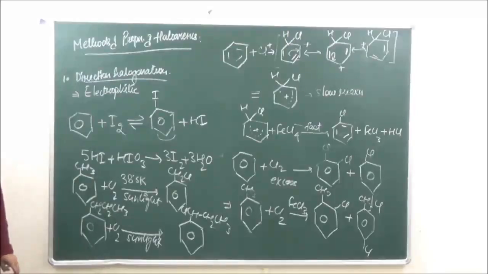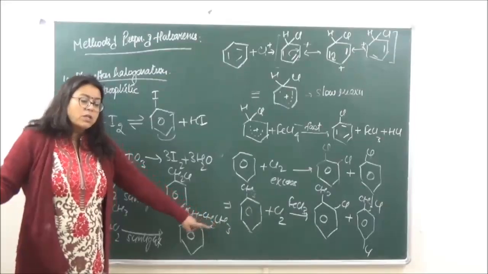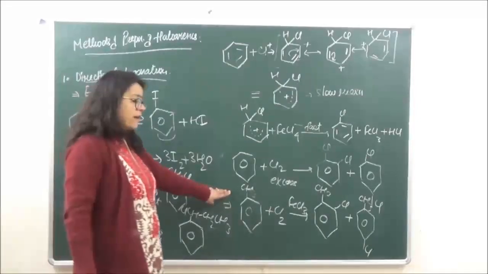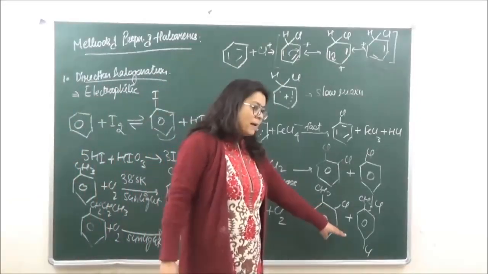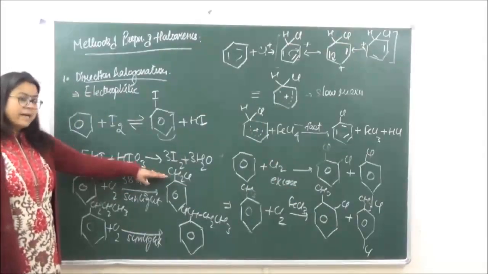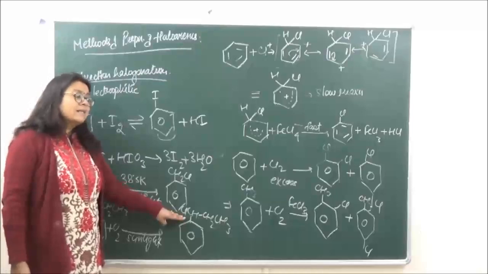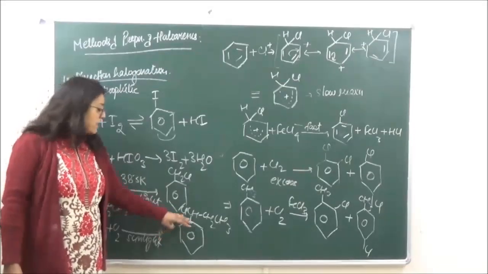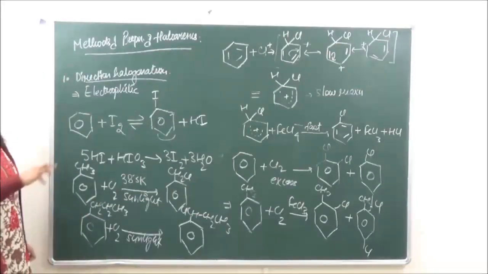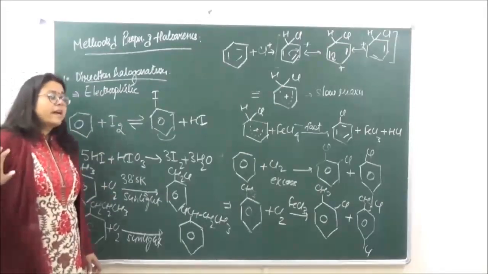So these are the type of questions which you generally get. We are having over here CHCl, CH2, CH3. What is going to be the product of the following reaction? So remember, if you are doing this reaction in presence of a halogen carrier, we are going to get ortho and para chlorotoluene. If you are doing the same reaction in presence of sunlight, we are going to get a side chain substitution. And if the chain is longer, the halogen will attach at the carbon atom which is directly attached to the benzene ring and not at the end. So we have three types of products which are generally formed if we are changing the reaction conditions.